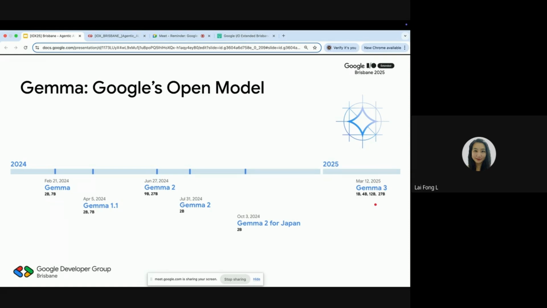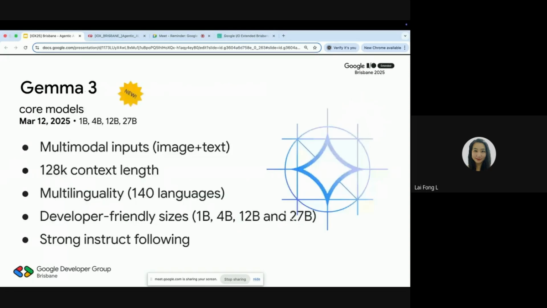Now let's take a look at what is inside Gemma 3. I have put in a bit of highlight of what's new in Gemma 3. It supports multiple inputs, meaning it can support image and text already, unlike the previous model, which can only support text inputs. So you can send in images as well. Then a longer context window size, 128K, and multilinguality. So not just English, you can also ask it to translate languages from, let's say, English to French and so on. And also it has strong reasoning